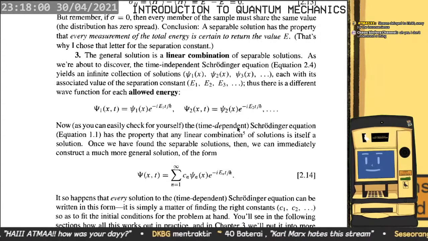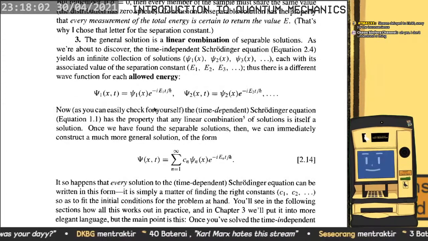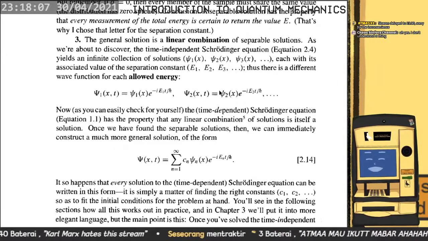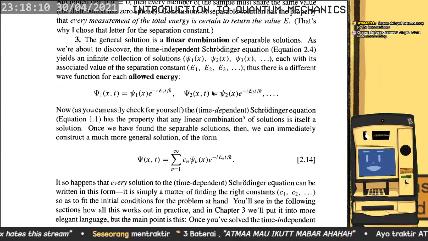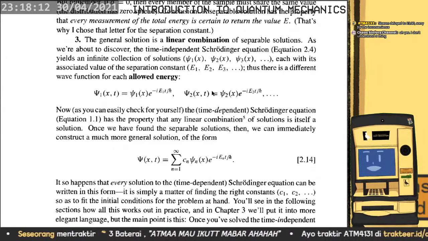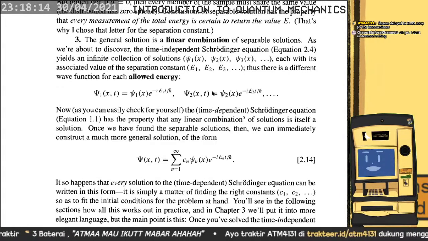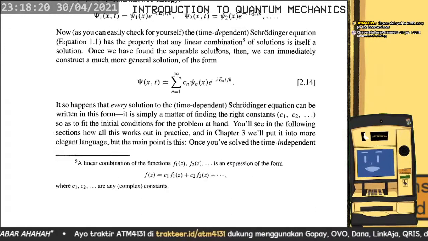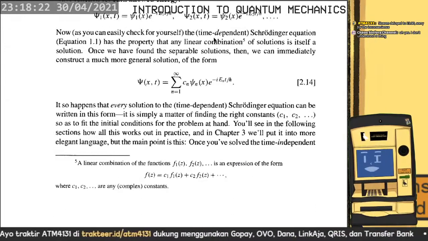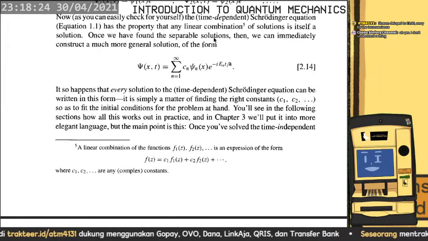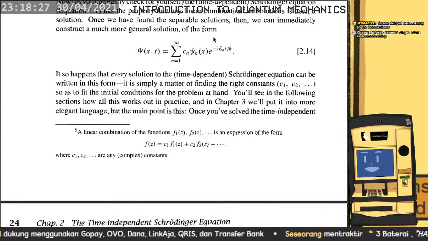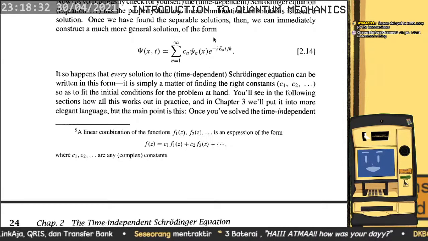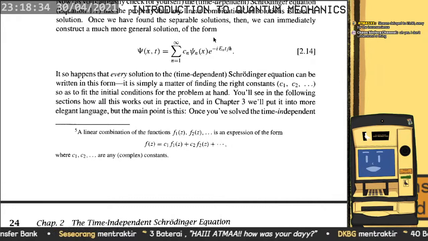Thus, what is has the property that any linear combination of solutions is itself a solution. Once we have found the separable solutions, we can immediately construct a much more general solution of the form in Equation 2.14. It so happens that every solution to the time-dependent Schrödinger equation can be written in this form. It is simply a matter of finding the right constants so as to fit the initial conditions for the problem